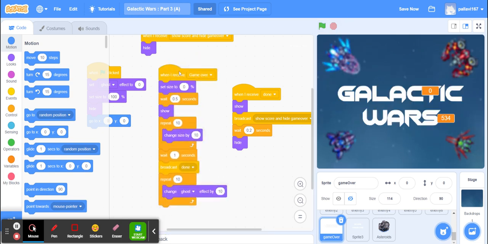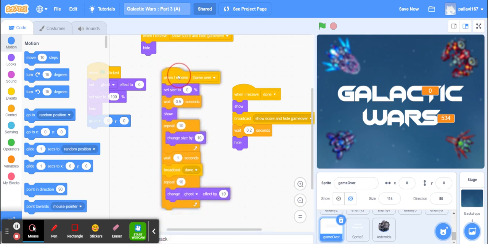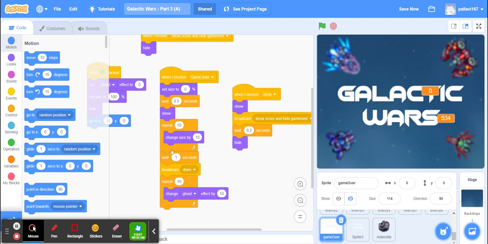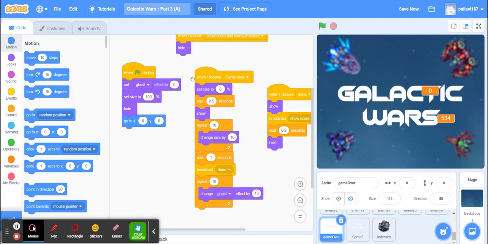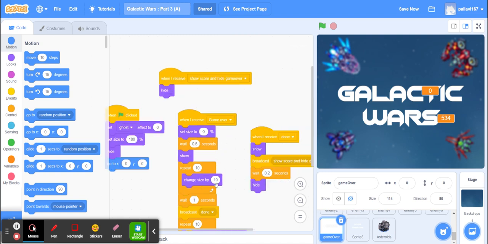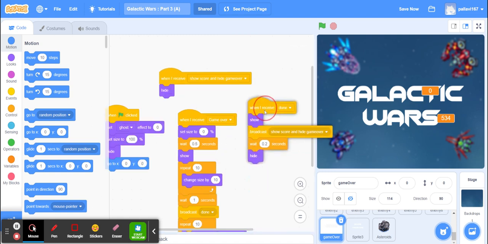You can simply display game over, that is also fine, but I just wanted to give some additional impact. So if you have time you can do this, or otherwise simply write the condition to hide and show to a particular size. Also after this I'm going to display the final score as well as the high score of the player, for which I'm going to write this code.